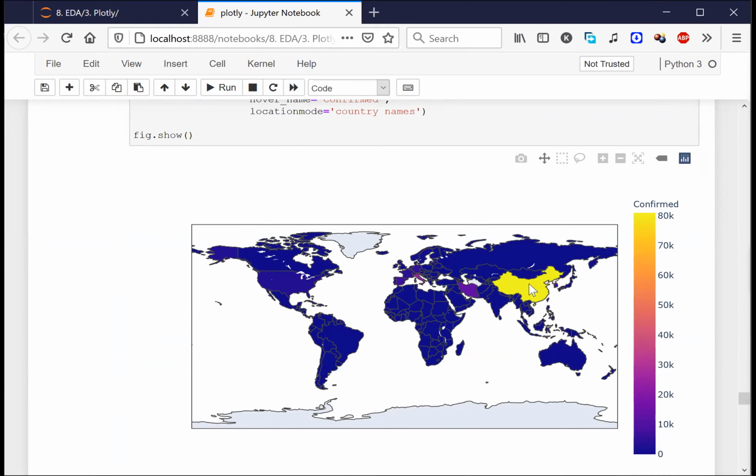Can anyone tell me what this value is? What are all these values that you see in front of you? Can anyone think of it?